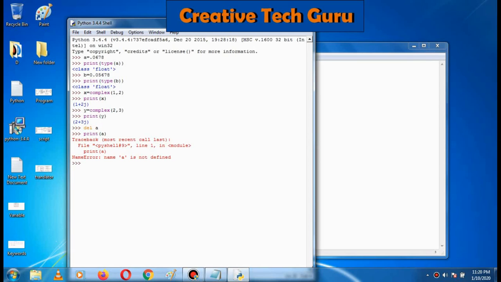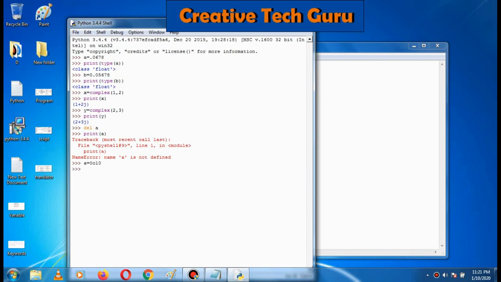Here we can convert the numbers also. For example, we can use an octal value. An octal value is prefixed by 0 and a lowercase o, or uppercase O, and will be interpreted as an octal number. So for example, a is equal to 0o10.